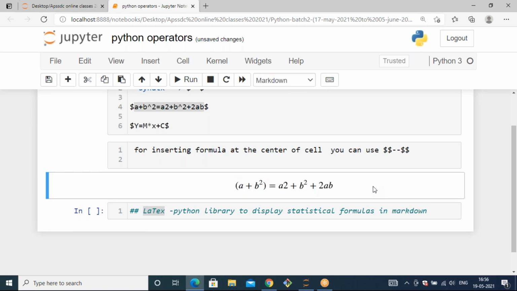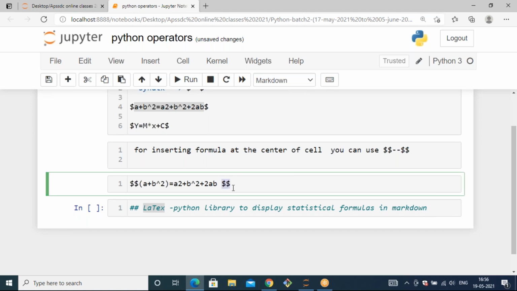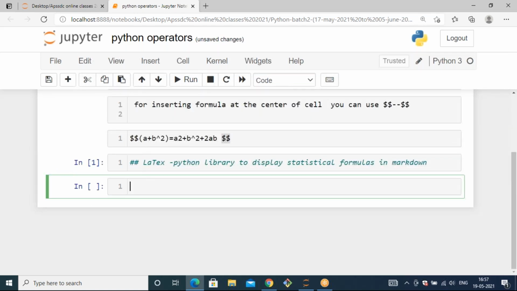Whatever we have in the formulas, you need to define that as usual. This operation is automatically called when you use Jupyter, because it has inbuilt libraries. When you write the syntax in Markdown starting with $$ or $, it will automatically call this LaTeX library and display that entire code in formula format. Like this, it will be executed.